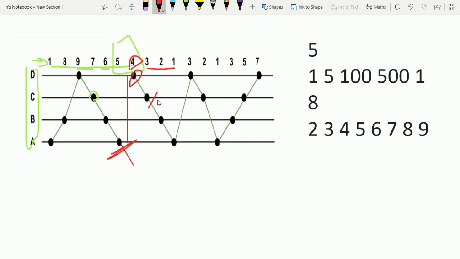Then again go to 3, and then it decreased to 2 and 1, and now we are at the lowest point, but the next point is higher from 1 to 3, so we can go up. So that is correct, and then go down and go down, and now again 1 to 3, again we can go up like this. So there is only one break, and that is our answer. So we have to find out the number of breaks.